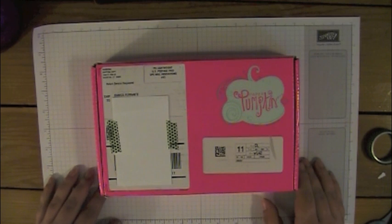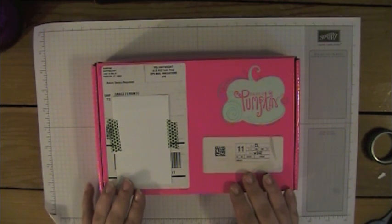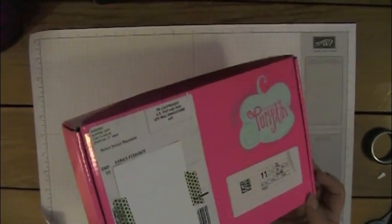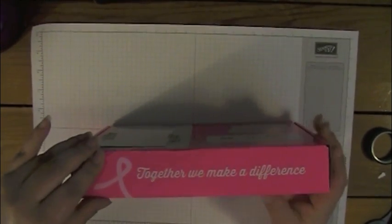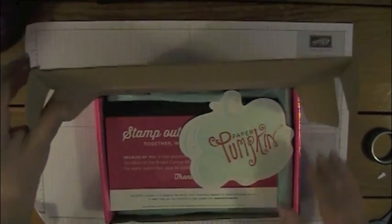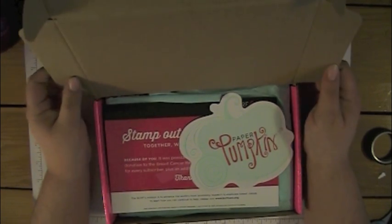I'm very excited to share with you guys what's inside the My Paper Pumpkin kit for October. As you can see, this month it came in a bright fluorescent pink box. It says, "Together we make a difference. Stamp out breast cancer." Since October is Breast Cancer Awareness Month, the My Paper Pumpkin boxes all went pink for